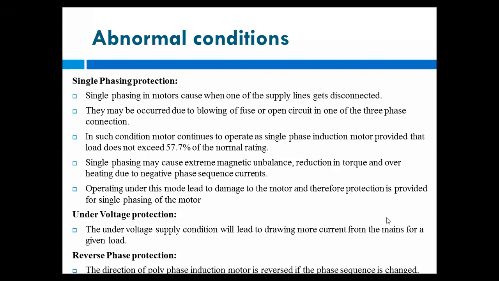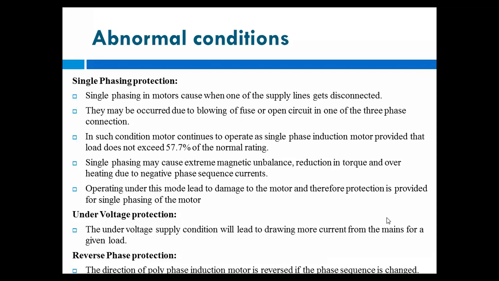You can reverse the direction of rotation of the motor by changing the phase sequence. For example, if the phase sequence is R, Y, and B, and the sequence gets changed, that is, if it becomes R, B, and Y, then whatever the previous direction of rotation was,